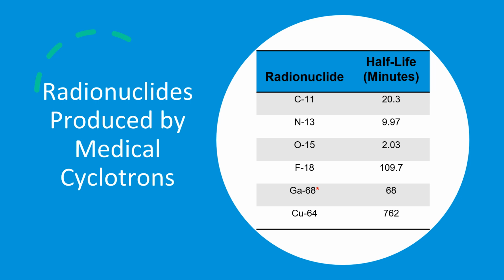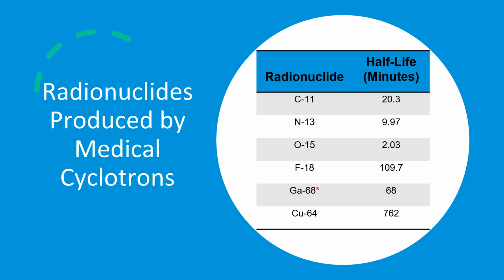So for both of those radionuclides, as well as the next one, oxygen-15 with a half-life of 2 minutes, it really is important that the cyclotron be very close by. And so those are kind of restricted for the most part to places that have a cyclotron on site